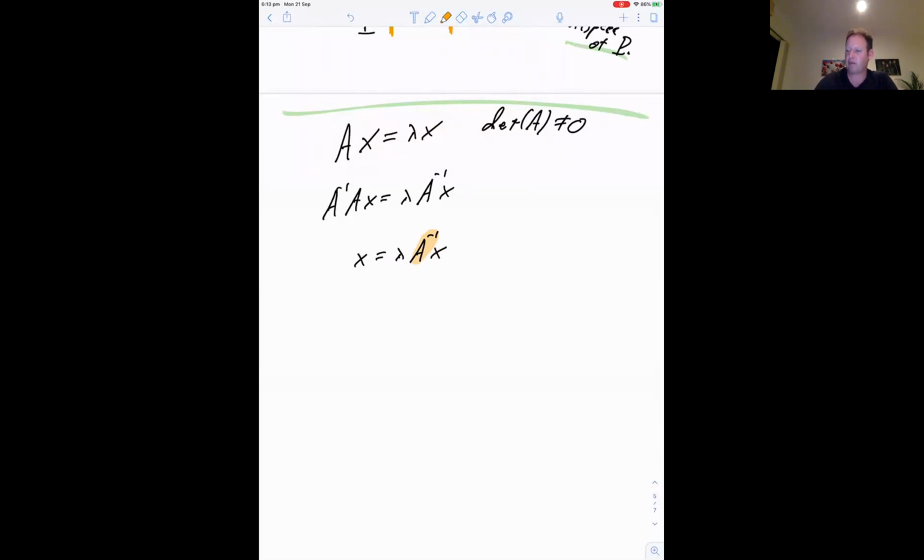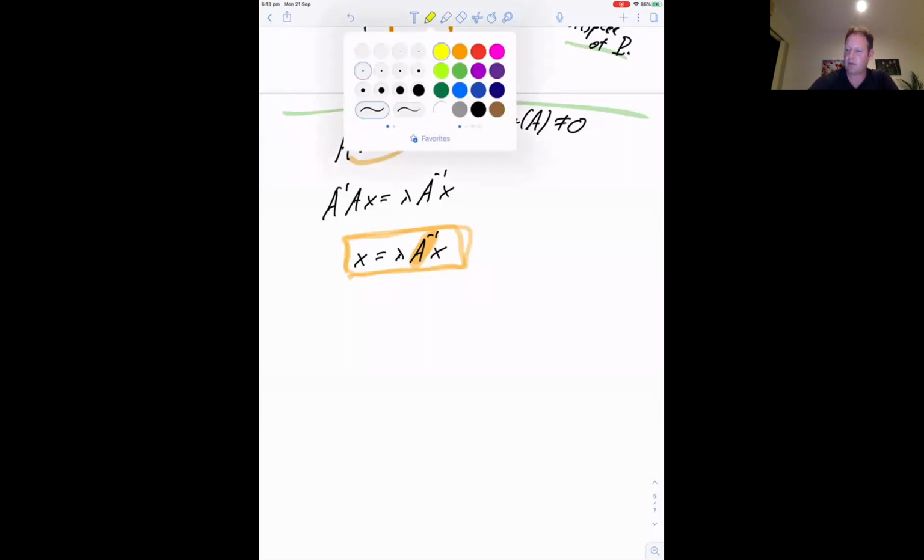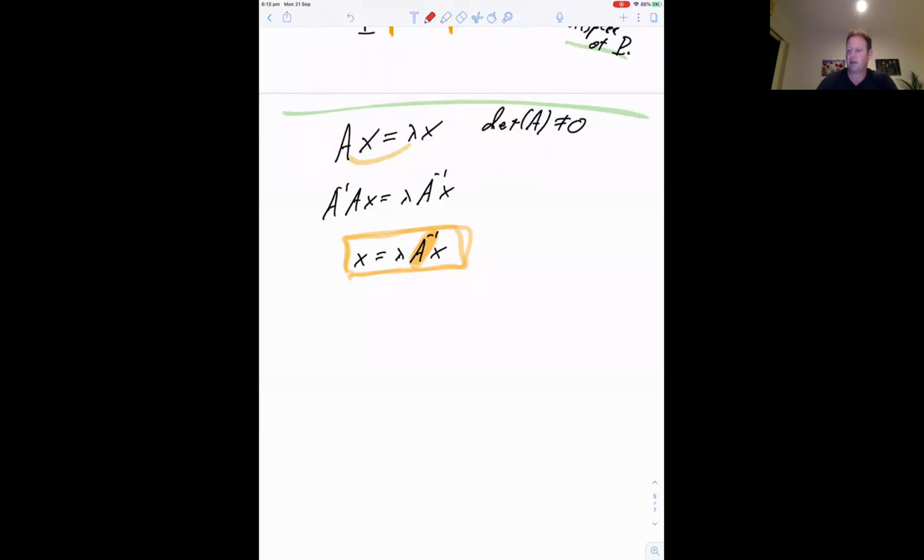And I want to find what's an eigenvalue of A inverse. I mean, I have this equation: lambda is an eigenvalue of A. What's an eigenvalue of A inverse? I don't want exactly this equation. Where do I want lambda to be? You need to divide by lambda exactly. So I want to bring this over, right? So then I've got